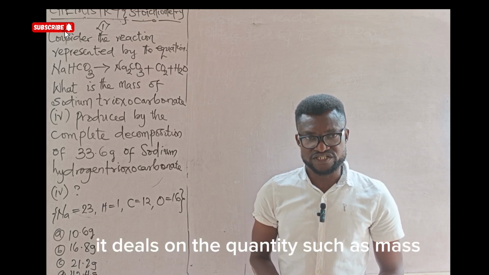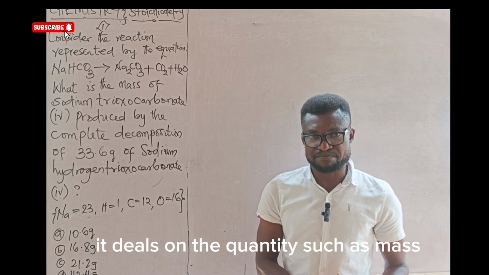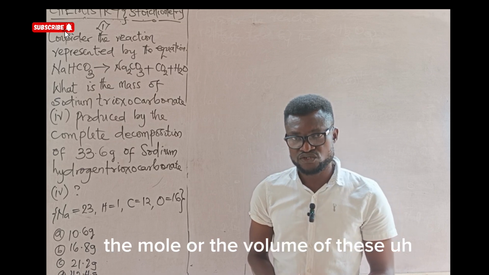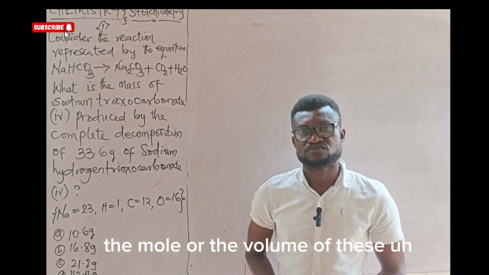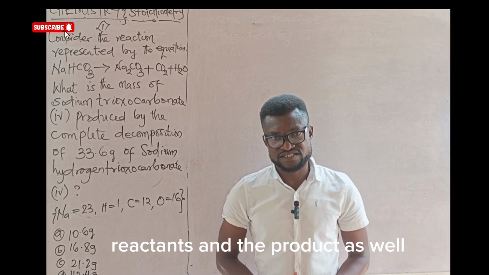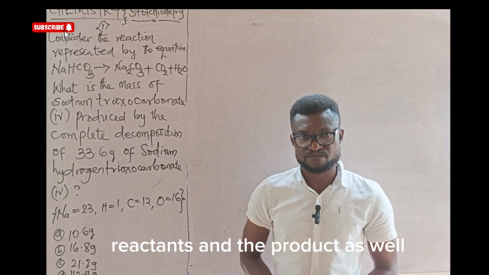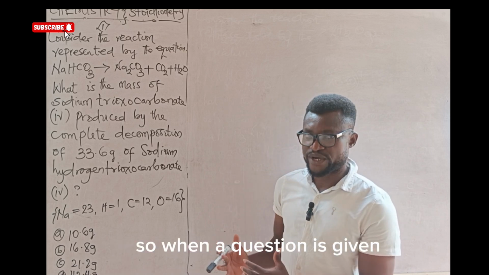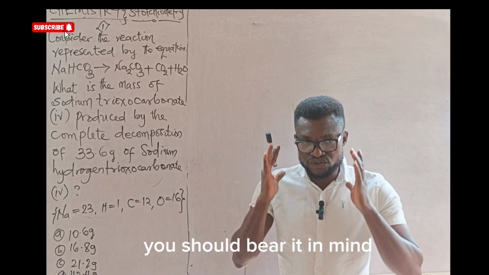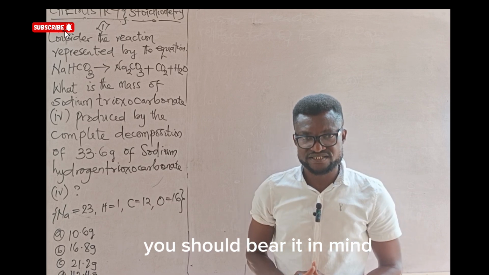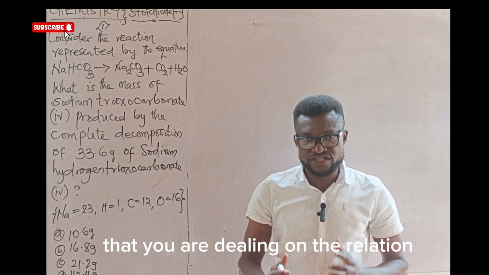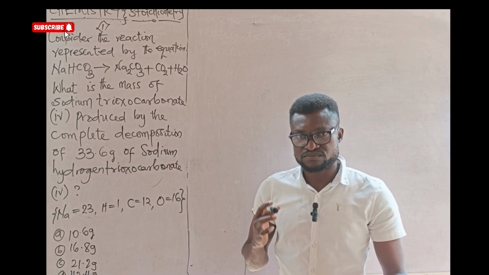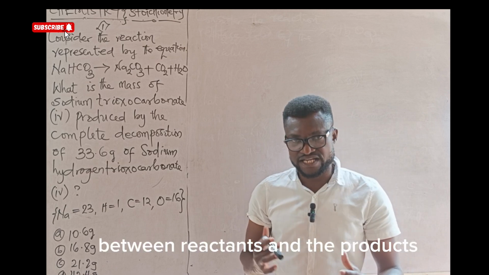It deals with the quantity such as mass, the mole, or the volume of these reactants and the products as well. So when a question is given, you should bear it in mind that you are dealing with the relation between reactants and the product,